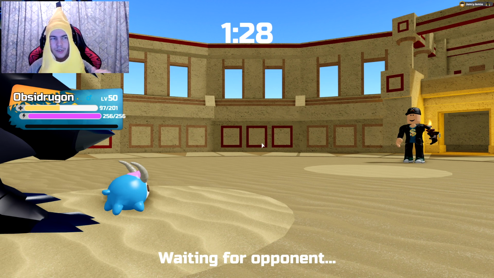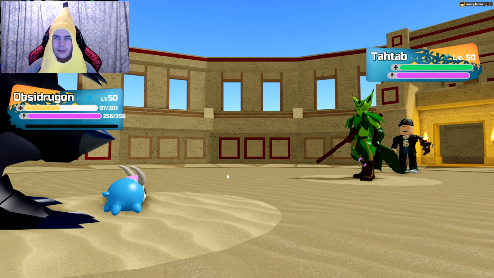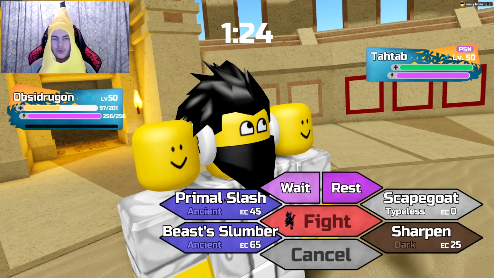So yeah, this battle is a little bit stallier than I would have liked it to be for a sweep for OBSIDRUGON, but for Loomian army, you definitely have to turn it into a stall battle, but Poison Barbs is pretty nice, obviously, for me to win that. If I didn't have Poison Barbs, I wouldn't have done it. Okay, Tatab, also poisoned, could go for some health, or could just Primal Slash, which I think I want to